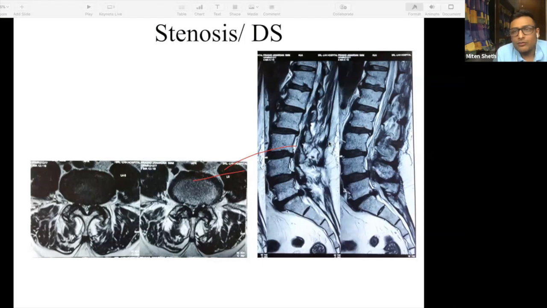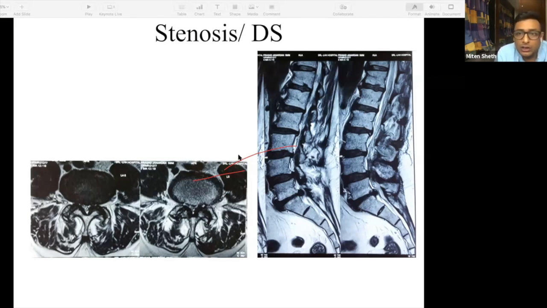Okay. It's a no-brainer that all of these patients with so much degeneration are going to have back pain. Here you are trying to see the MRI not to prove back pain, but to know where the nerve compression is. So here in the sagittal, something looks wrong at this place. So what you want to do is go to the T2 axial, and look at the T2 axial at the 3-4 level, at the 4-5 level, and at the 5-S1 level.